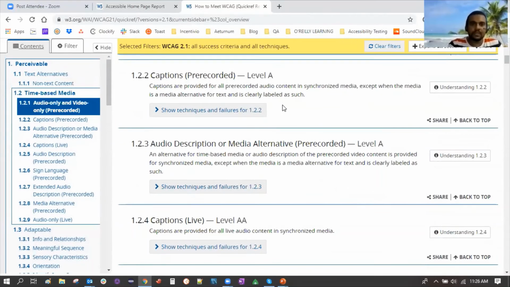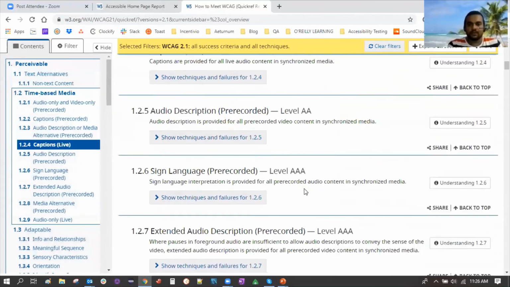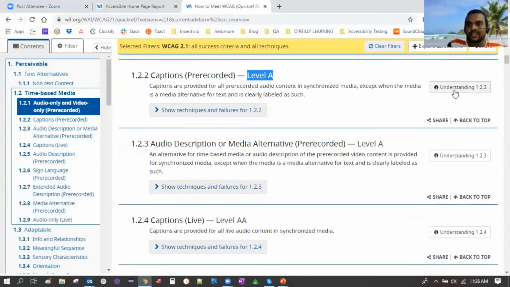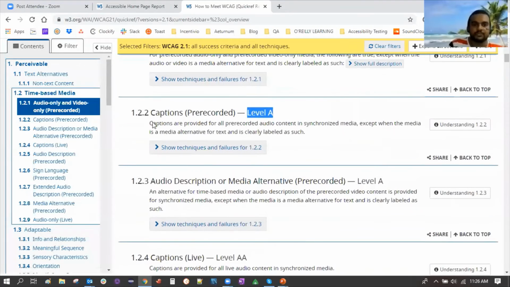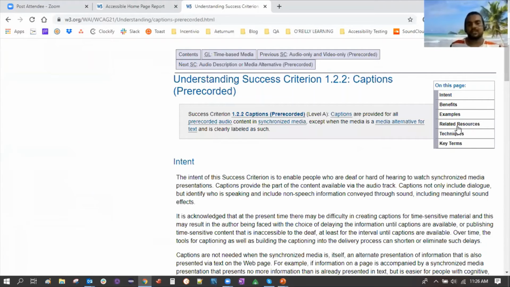It's mentioned as level A or level AAA or something like that. And there's a section called understanding 1.2.2, which means the checkpoint of this sub guideline. When you click on that understanding button, it will navigate to another screen, which includes all the areas we should focus on in order to understand that